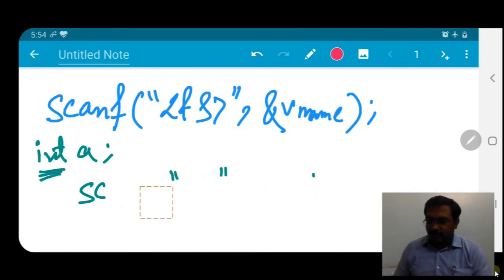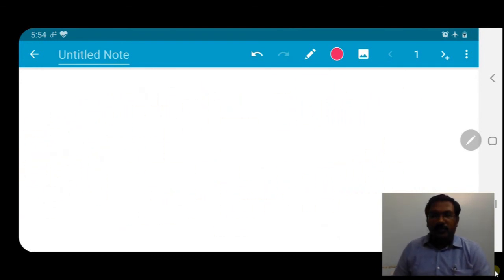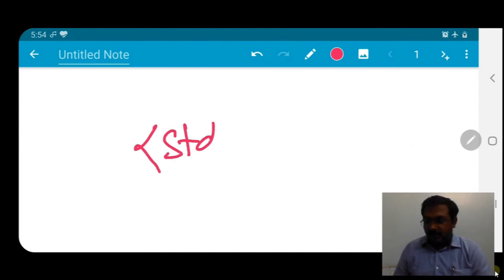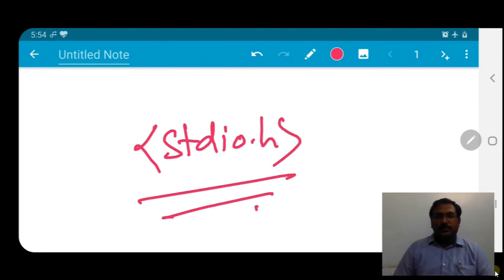So scanf and printf are two functions, one input and one output, which are very widely used, and those two functions are in the header file stdio.h. Fine. Every time we have to write stdio.h in our preprocessor command. So before the compiling or executing of your program starts, the preprocessor command will tell the compiler to include the stdio.h header file, because both functions printf and scanf are inside the stdio.h header file.